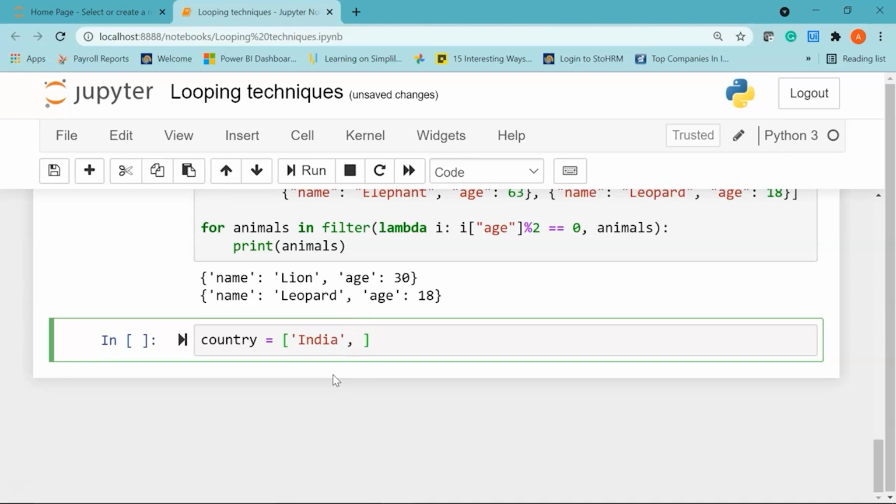I'll say India. Let's say my second country is Canada, and my third country is Brazil. My fourth country is Japan, and then we have, let's say, Israel.